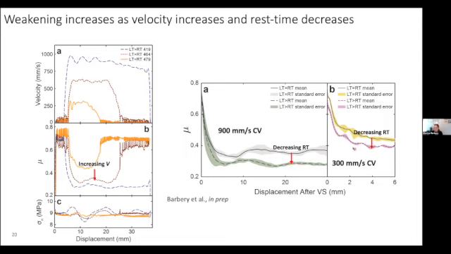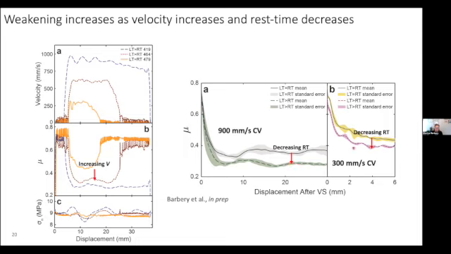And we see the same thing at slower velocities. So in our 300 millimeters per second experiments, we saw the same thing. Our friction coefficient decreases more as we have those shorter rest times. So shorter rest times, more heat generation, lower friction,